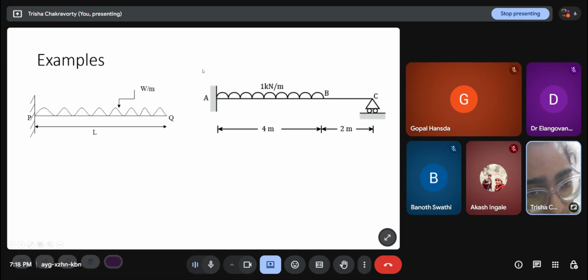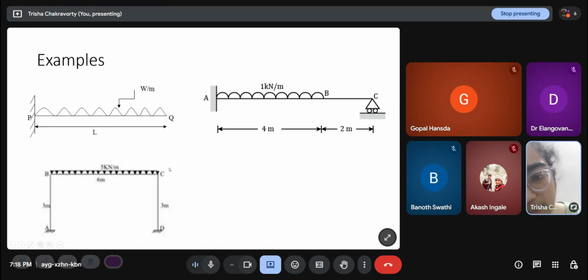So I know that this structure is 1 degree indeterminate, and it is up to me which force I choose as the redundant force. I have to choose only one redundant force here because it is 1 degree indeterminate. Similarly, look at this portal frame. It is 3 degree indeterminate because there are three reactions here and three reactions here. So I could take away all three of these. I could remove the fixed support entirely.